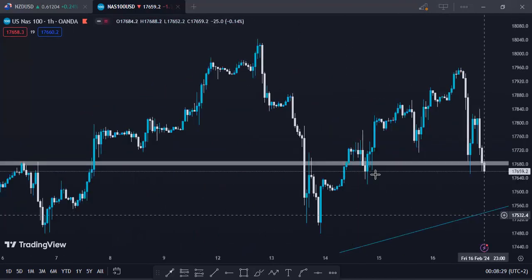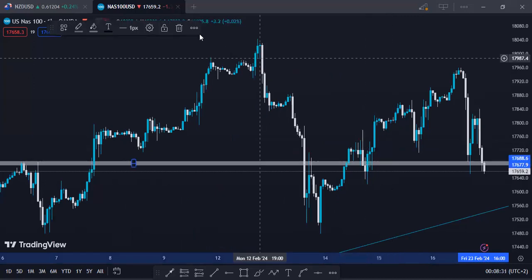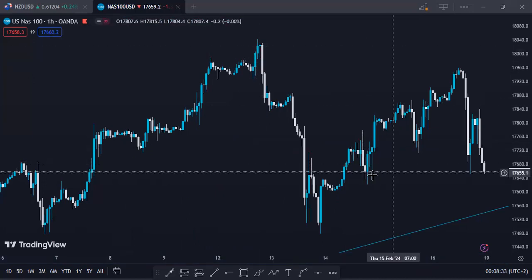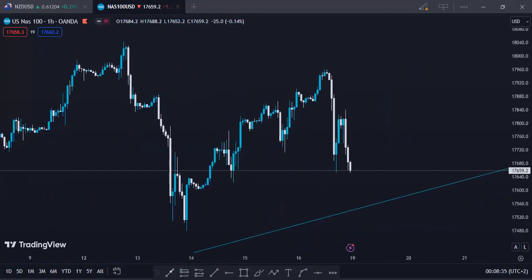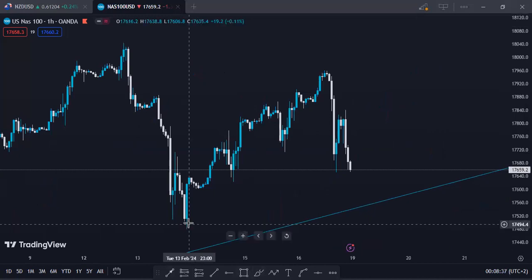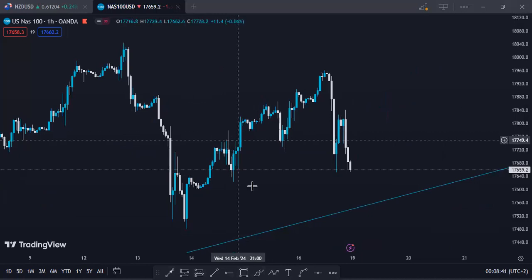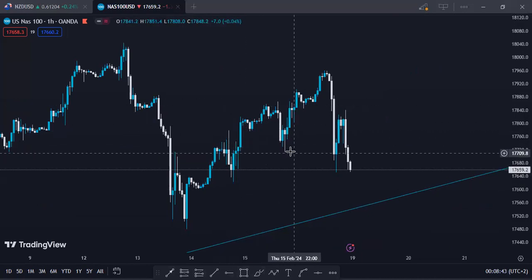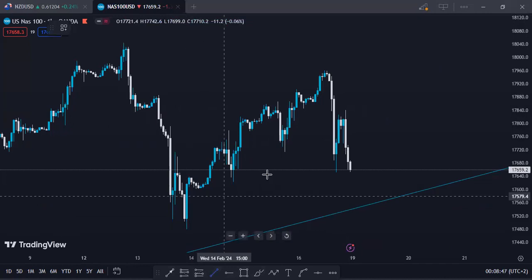So on the 1 hour time frame, guys, looking at market structure, you see this is our previous structure on the 1 hour time frame. You can see here price has been moving within an uptrend. Why? Because it's been giving us a series of higher highs, higher lows, higher highs, higher lows, higher highs, higher lows, higher highs. And now if we try to connect our trend lines, you will be able to see